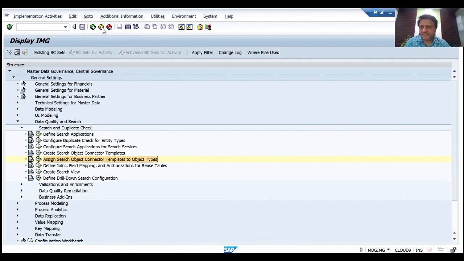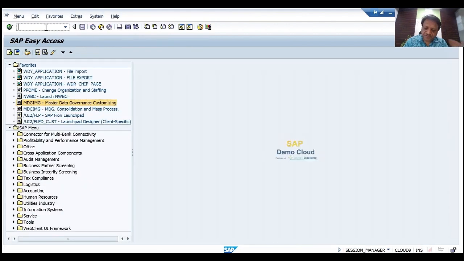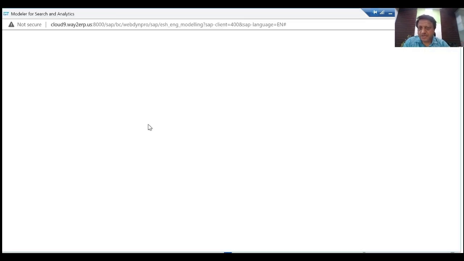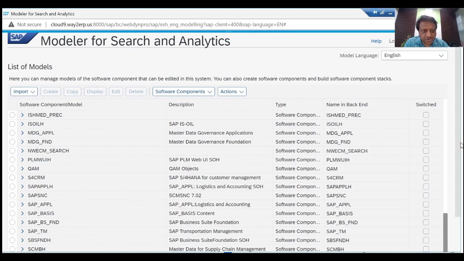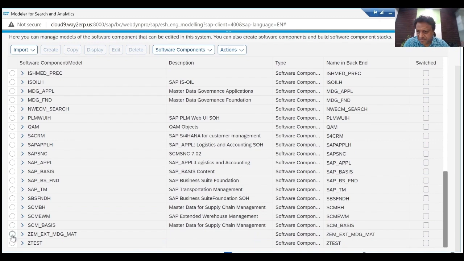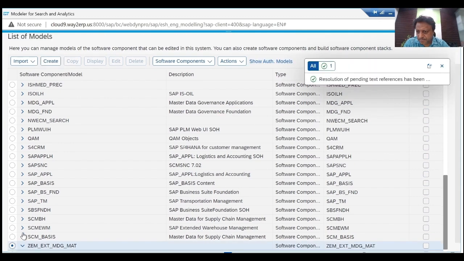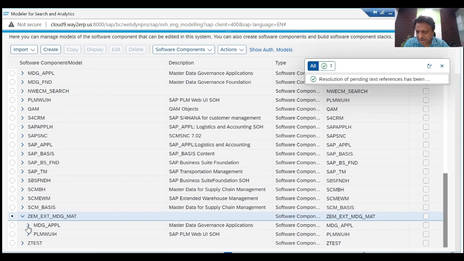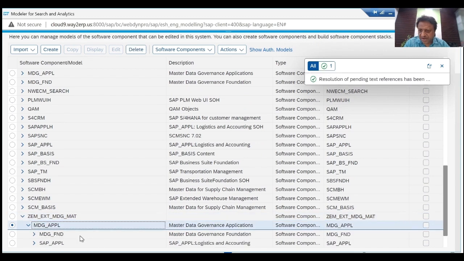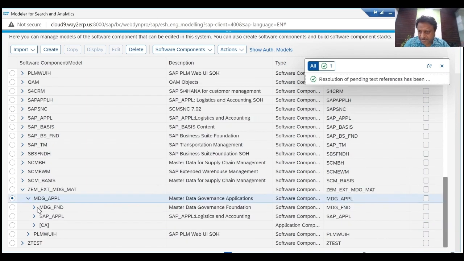assignment. And after the assignment we will then jump into the cockpit or the modular, and through the cockpit and modular we launch this application. Select your application, select your software component, this one ZEM, and then navigate through this hierarchy tree structure, select the connector, and then after, so let's say if we navigate,